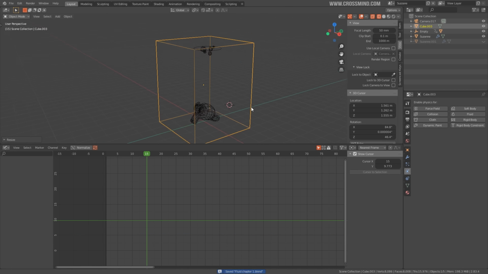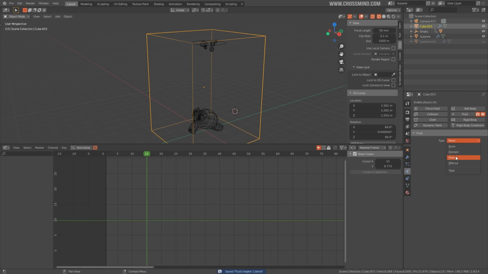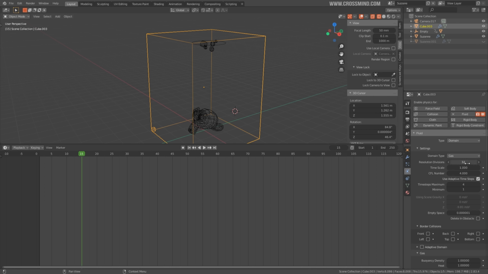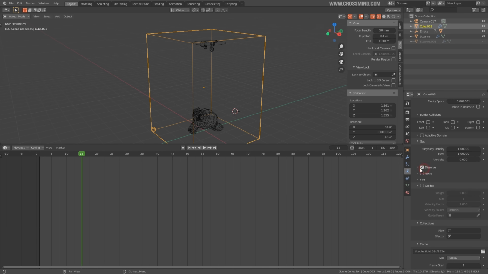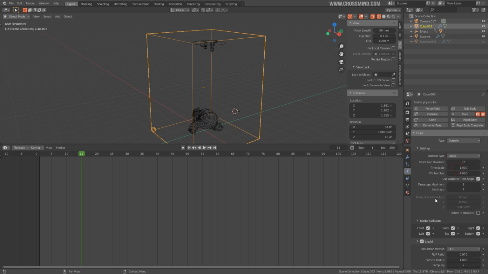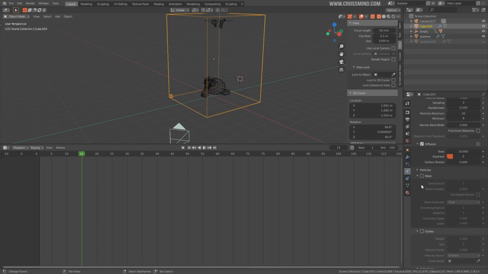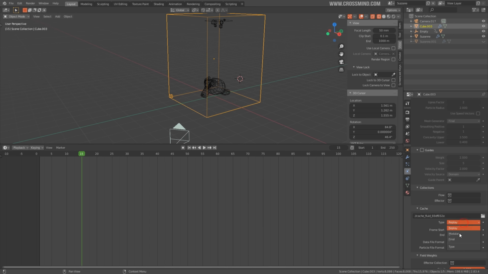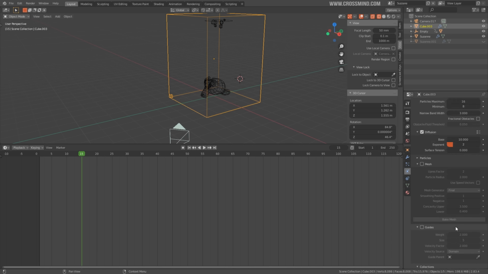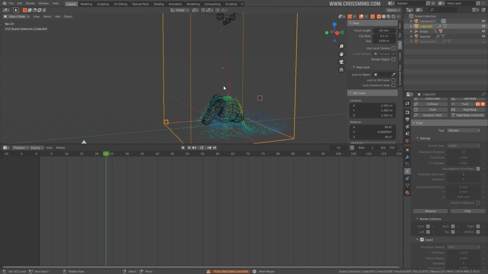Yeah, that's about it. Now let's give this one domain and leave it at 32 for now. Let's increase the substeps and give it diffusion. Sorry, this should be liquid. Enable the diffusion, make it around 10, and let's animate this and see what's going on. I'll make it modular and bake the data. So we have some